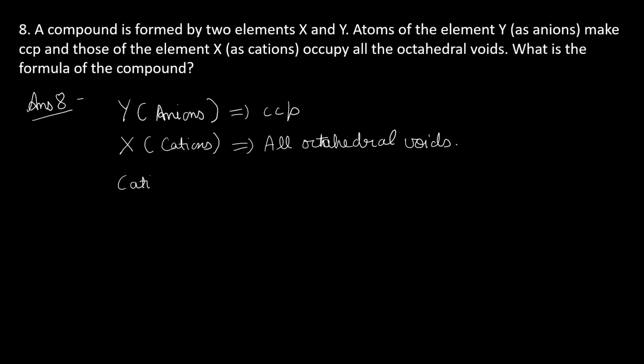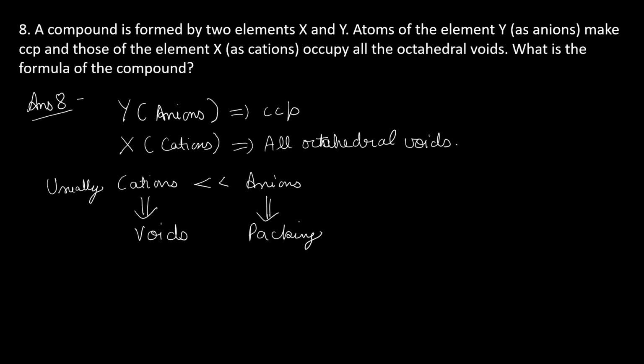cations usually are smaller in size in comparison to anions, right? So usually cations are smaller in size as compared to anions. Therefore, cations will always occupy, or most of the time they occupy, voids, and anions will be involved in packing. Now, we know very well, if n atoms are involved in packing,